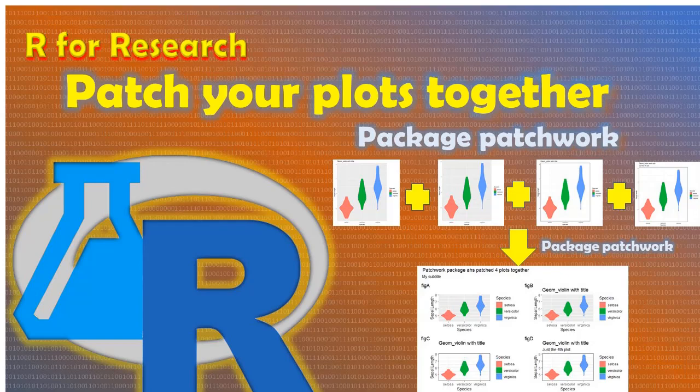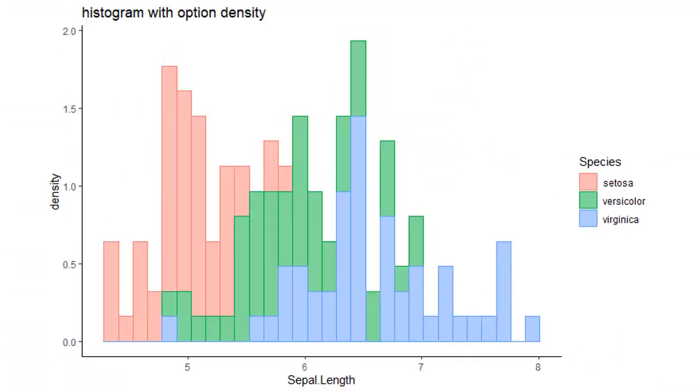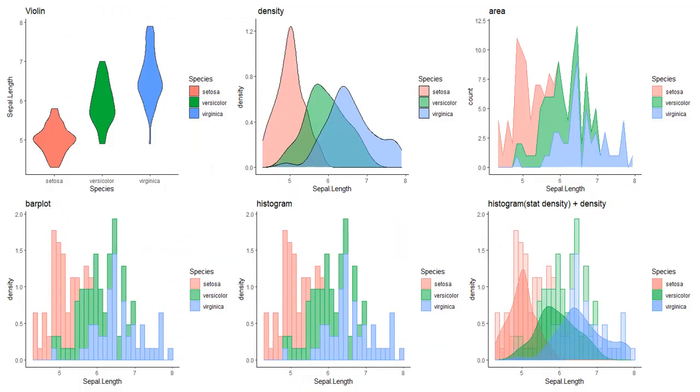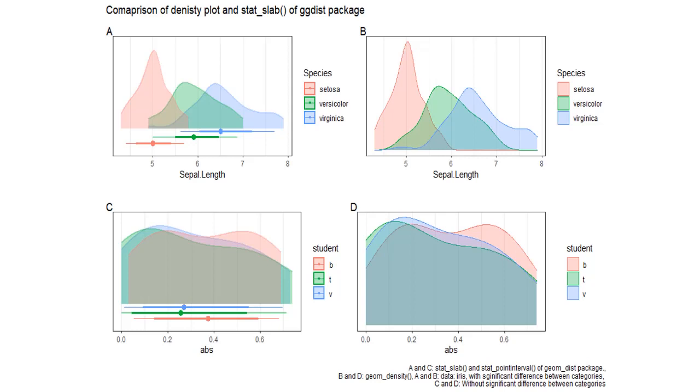Hello friends, in this session we will discuss how to join many ggplots together as subplots of a bigger plot panel. The subplots can be individually annotated, or the entire panel can be annotated, or subplots can have their own annotation and the plot panel will also have its own annotation. This comes in handy to present related plots to communicate data all at once, to understand it better or to compare it better.